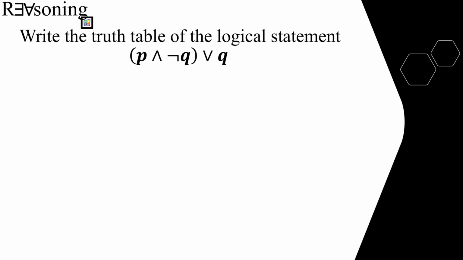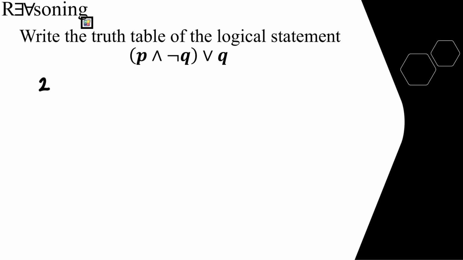Our task is to write the truth table of the logical statement I may read as either P and not Q, or Q. Now there are many ways to read this one. I just chose that for better identification of the operators identified here. So we have the operator of "and not" inside the grouping symbol, and outside we have the "or" for the disjunction. The first step here is identifying the number of rows needed for a truth table given with the formula